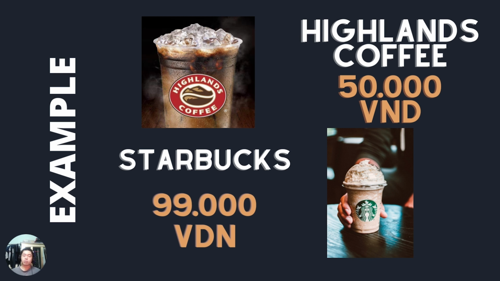Setting the right price is one of the most complex tasks. Good pricing starts with the customer and their perception of the value of the product. If we think about coffee at Highlands, we're gonna set a price. I will take an example at 50,000 dong. And if we think about another brand like Starbucks, we're gonna have another price for it. I'll take like 99,000 dong. And to set that price, we need a strategy. And my friend Toàn will tell more about that in the next part.